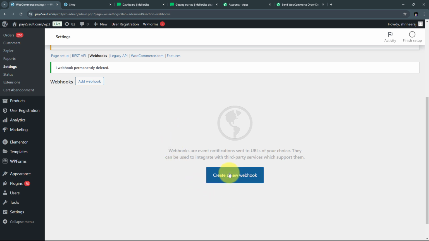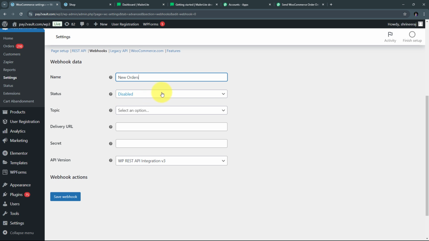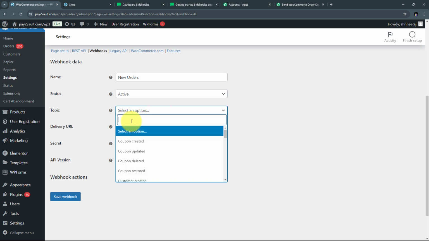So I'm going to click on this create a new webhook button. And now here I need to first give a name to my webhook. So here the name of my webhook will be new orders. Now I'm going to give the status. So I'm going to open this tab and I'm going to give the status of active. I need to select my topic. So I'm going to open this tab. And here I'm going to search for my topic of order created,